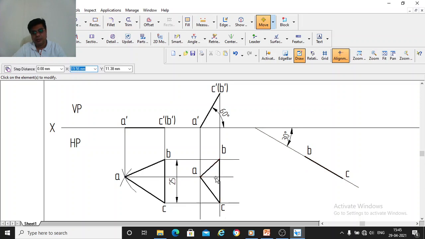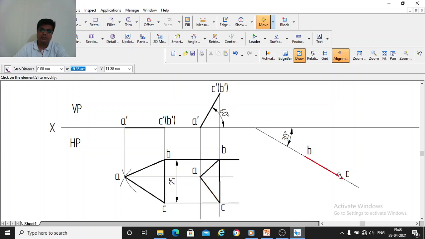Then you should keep this triangle here. You should redraw this triangle, same size triangle here. So measure this BA with your compass. Okay, measure this BA and draw an arc here, BA. Measure this CA, draw an arc CA. You have to reconstruct this same size triangle here. And remember that the size of this triangle and this triangle is not same. Since the plane is inclined in top view, the size will get reduced. So this size will get reduced. So this top view we should redraw here. Same size top view we should redraw here.